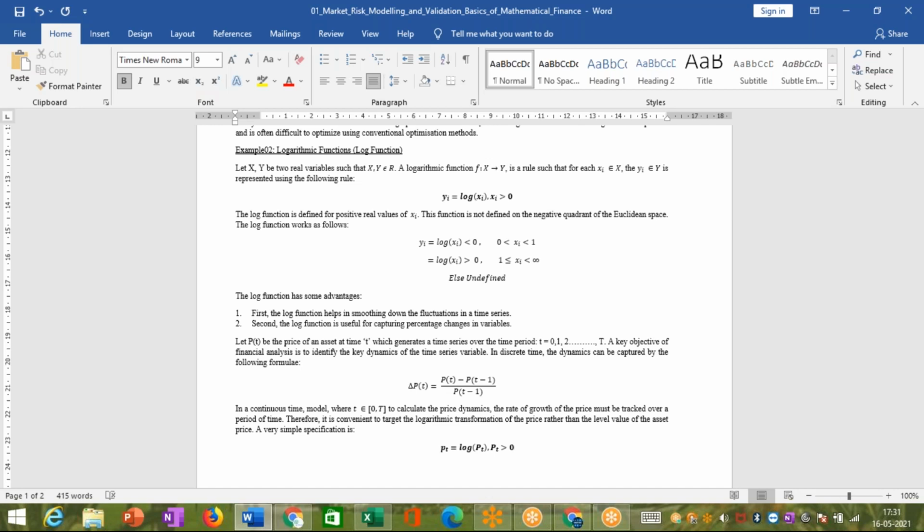So basically, to capture the percentage change in the price of the asset over time, the log of the asset price is